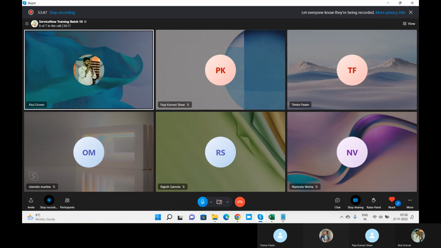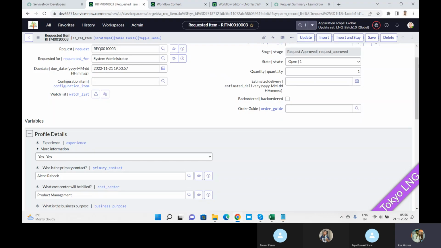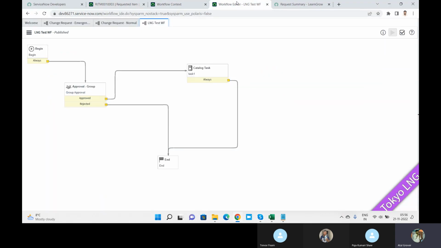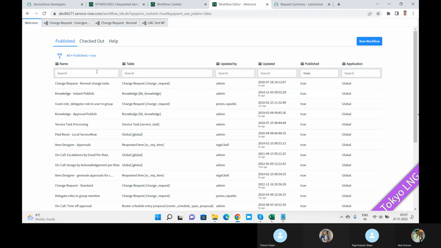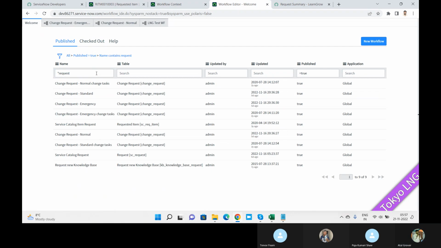Good. Now let me take you to the next step then. So now what is the work for you? Let me give you the homework. The thing is that you need to read at minimum. Go here and search for the request. Read at least this one